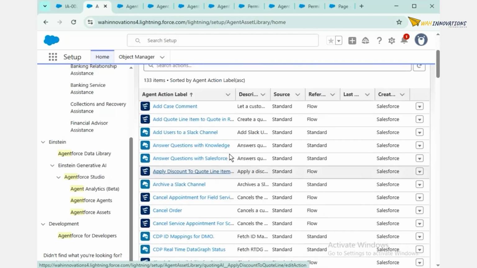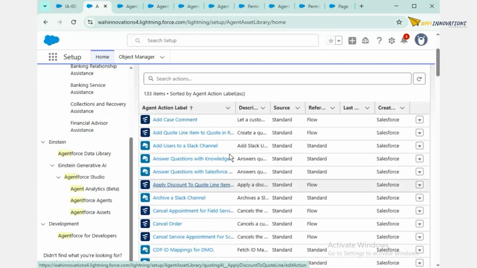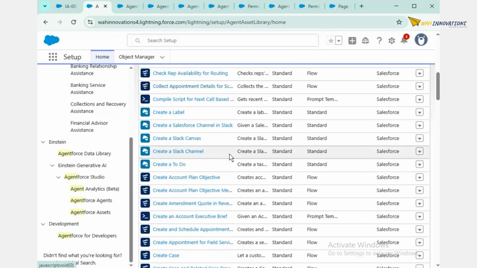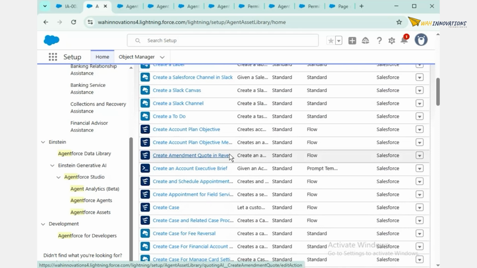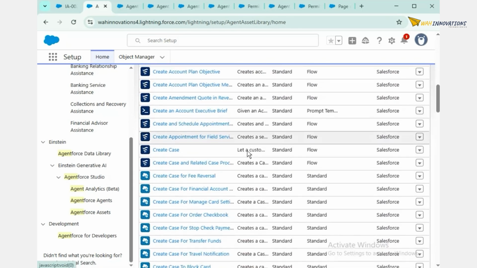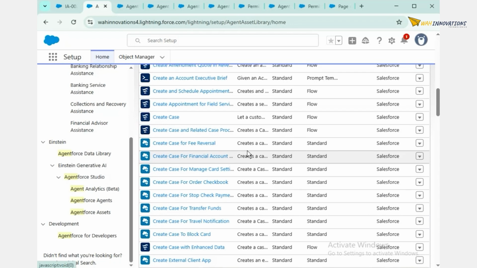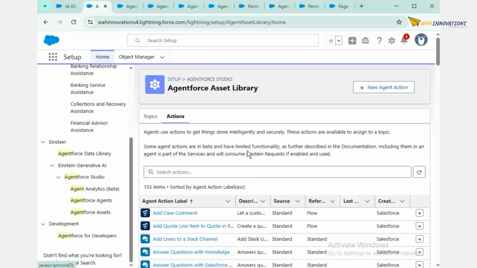Okay, so we have these standard actions already created by Salesforce. Create a label, create a to-do, create account plan objective. We have seen this one. Then create case for fee reversal. All these actions are already created. And when we create a new agent, we can use the standard topics and actions. We can also create new agent actions as per our requirement.